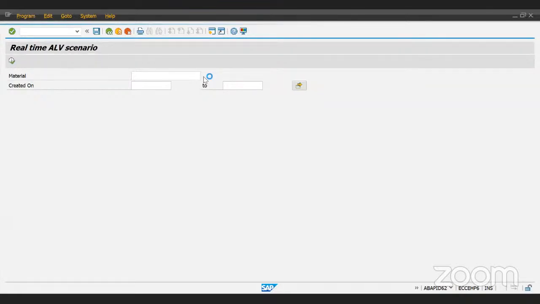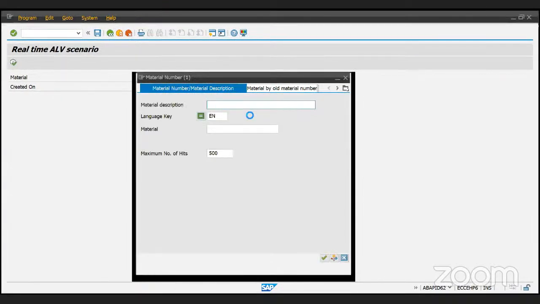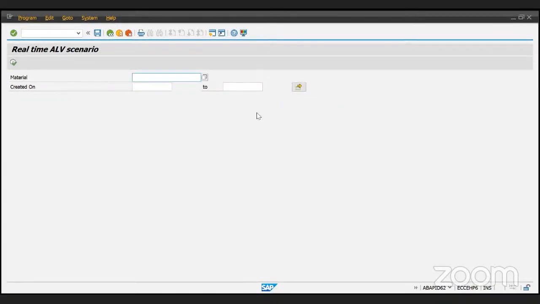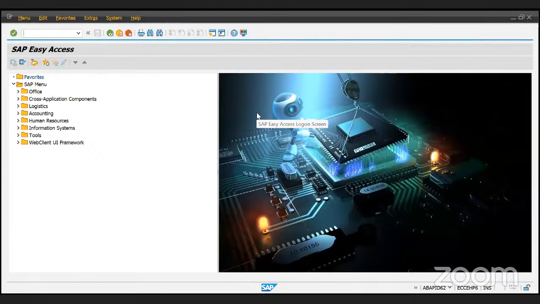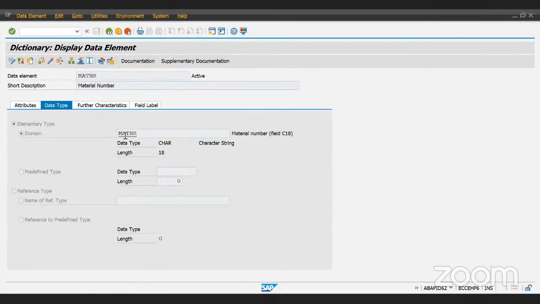Okay. So if I'm coming here, it is asking me to give the material description. How do I know that it is associated? We can go to SE16 and SE11. Okay, and we have taken the field MARA-MATNR, right? MATNR field we have taken. So we can go to the MATNR field. If we double click on the MATNR, okay,